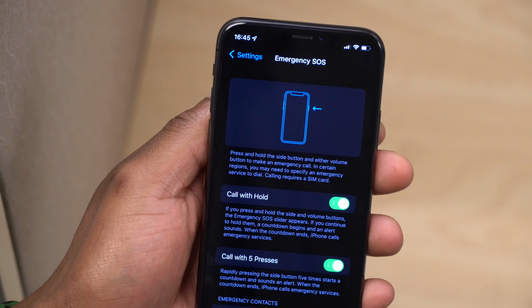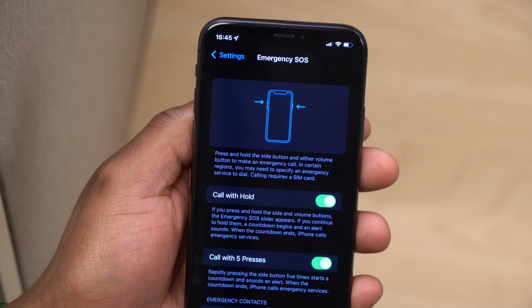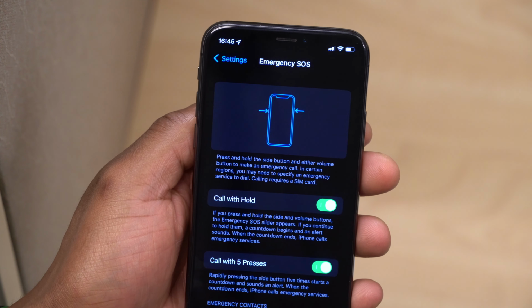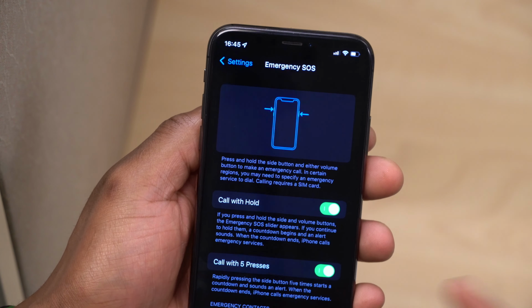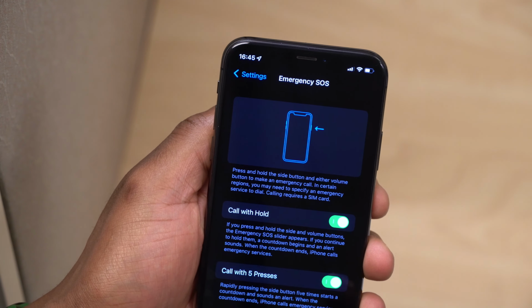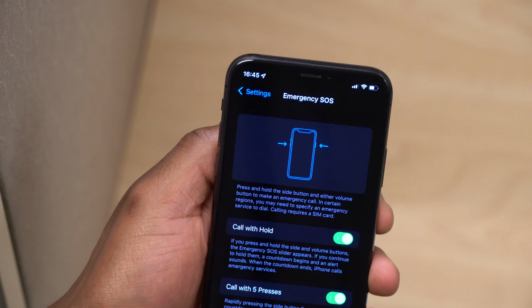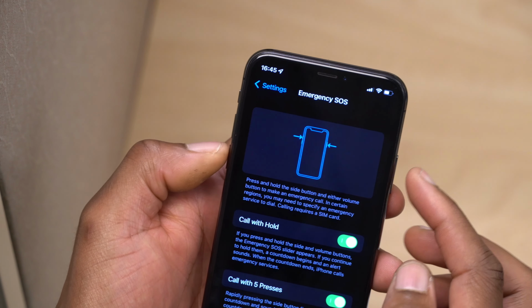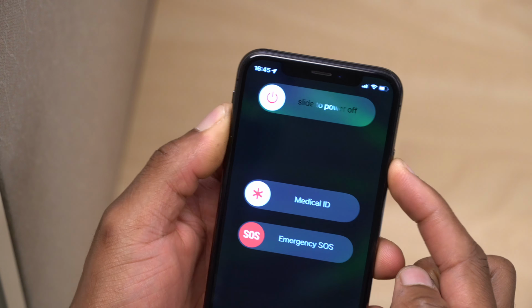Now you can see that when it comes to emergency SOS, this screen has been updated. You have this extra menu where it says call with 5 presses, so you can press your side button and call emergency services. Or you can see according to this animation here that you can actually press your side button and your volume up to be able to call emergency services.